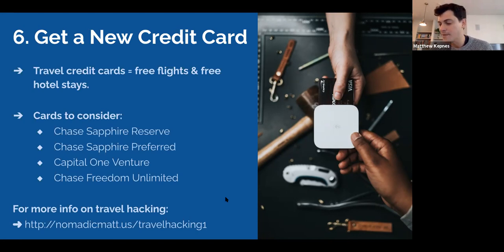Whether you're in the US, the UK, Canada, Australia, New Zealand, even parts of Europe, there are cards out there for everybody. There's a type of card for you. There's a program for you. And again, for most of these sign-up bonuses you have to spend X amount of dollars within 3 to 6 months. But there's a card with a low minimum spend. There are cards with no minimum spends. A great card out there right now,